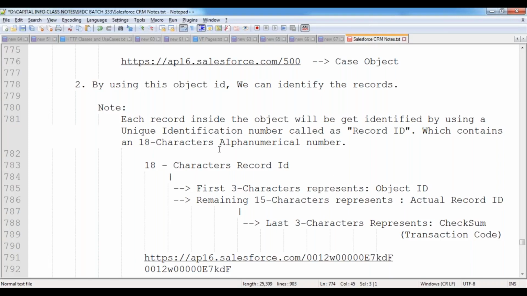The next 15 characters represent the actual record ID, and the last 3 characters represent the checksum value, also called a transaction code, generated by Salesforce.